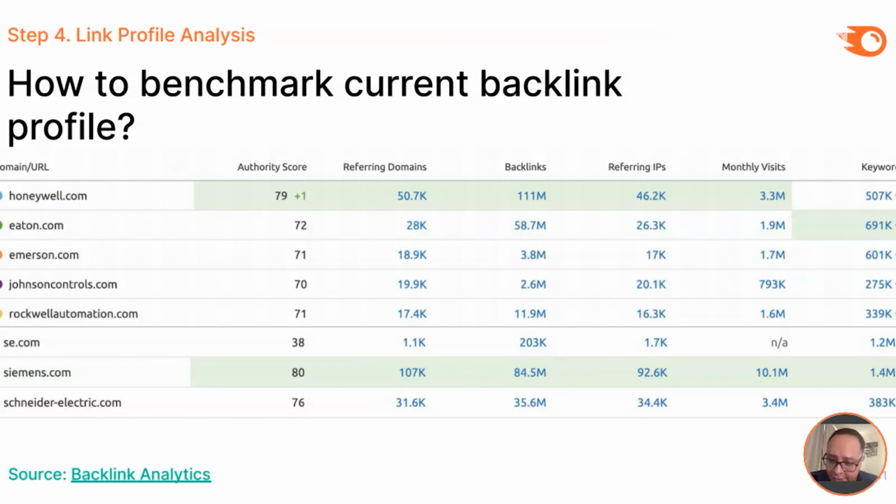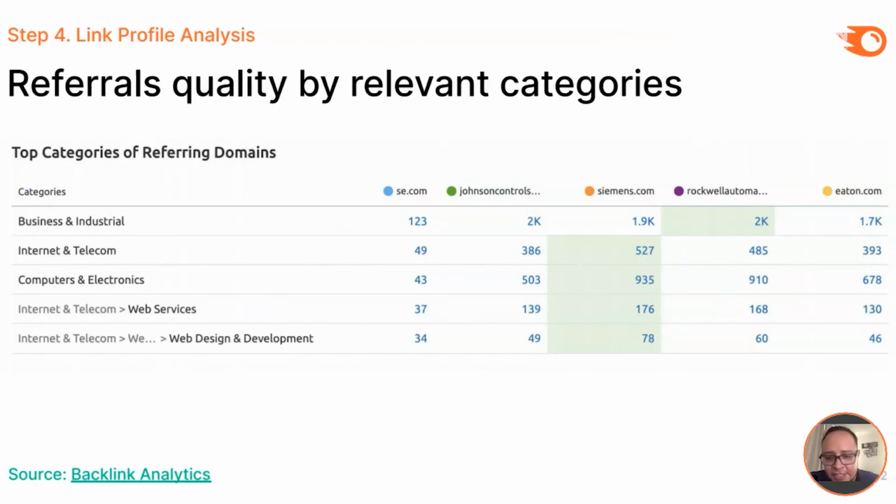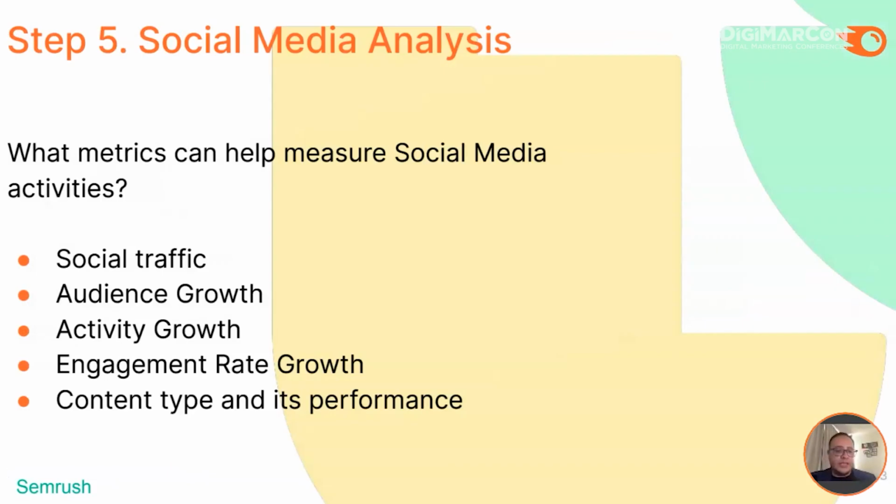Where are the best friends? Who is the company that is benefiting from this strategy? And as you can see here, we are going to be seeing as well from which industries these backlinks are coming from. Business industry, internet, telecom. So you're going to be analyzing, okay, this company is more interested in this part of the industry that we are competing with. As you can see here.